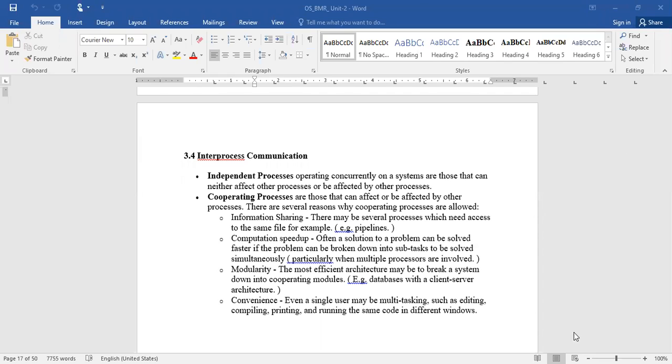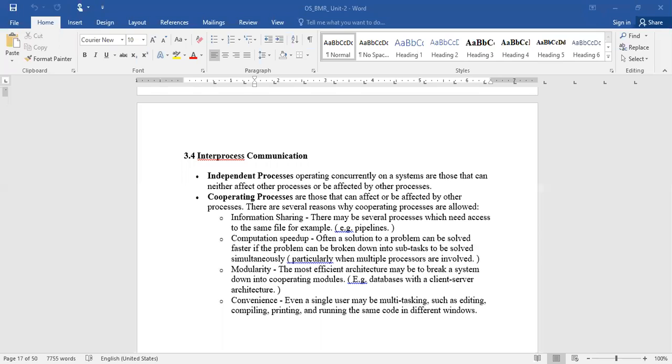In order to improve computation speed, in the majority of cases many processes need to exchange or share information and pass data between one another. Such processes are called cooperating processes.